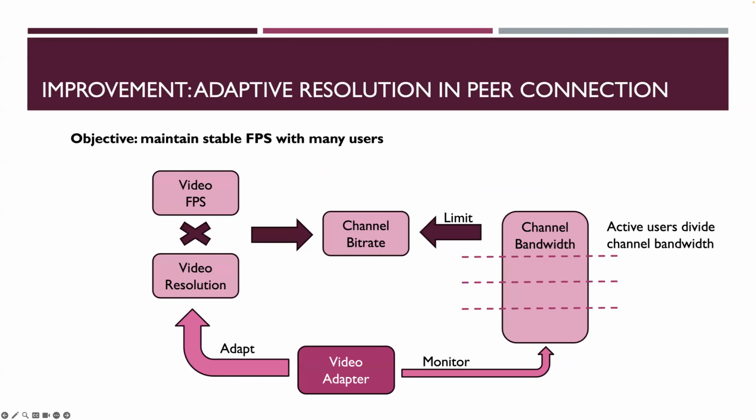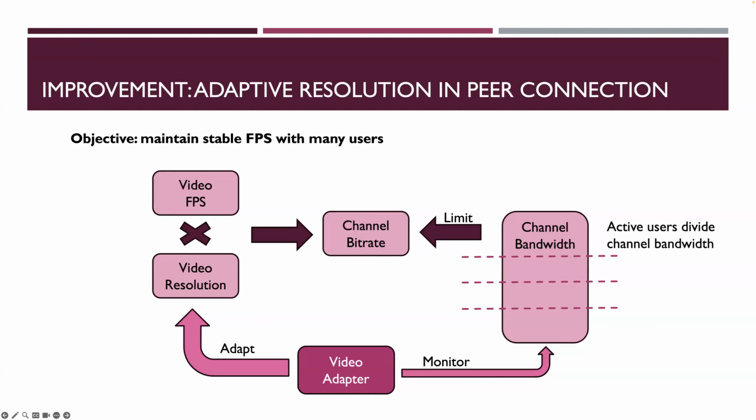Now, since we have found some problems with the current initial WebRTC application, in this part we're going to introduce how we propose adaptive resolution in peer connections to improve user experience and address some other problems. Since each pair of users within a room will establish a peer connection with each other, assume that if there are n+1 users in a room, each user will receive n video streams. However, the download bandwidth of a user is limited. So if n is too large, the bandwidth allocated to each stream will be too small to maintain a stable